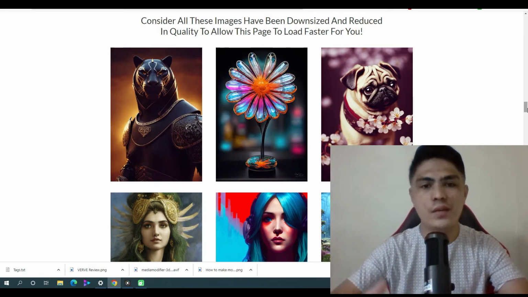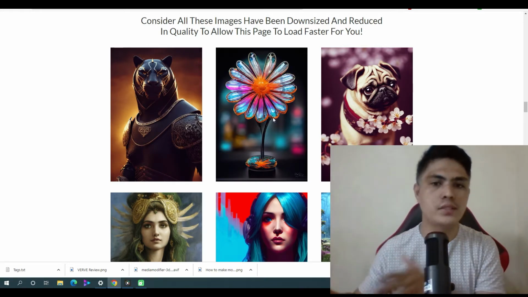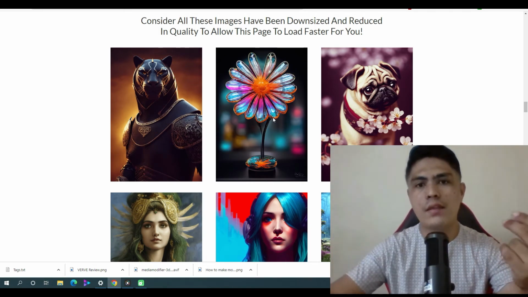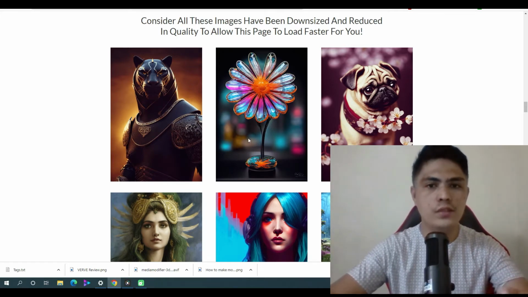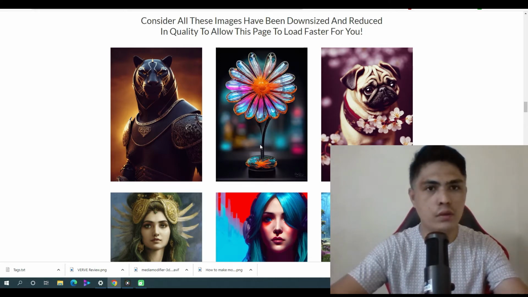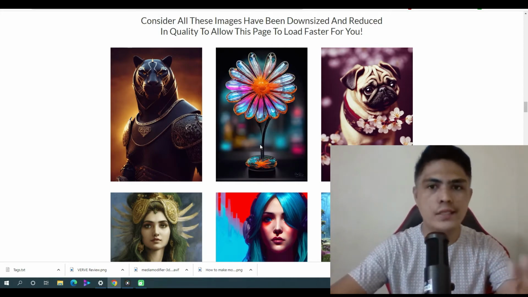Let's say for example this image right here. So this is a combination of a sunflower and a glass. So you basically use that command in this artificial intelligence software, and this software will turn your imagination into this real life, beautiful looking, realistic, cinematic digital art that you can sell, guys, for a huge profit. And this is really, really powerful. Like I said, AI Empire is all about creating and selling digital art, guys, to make money online.